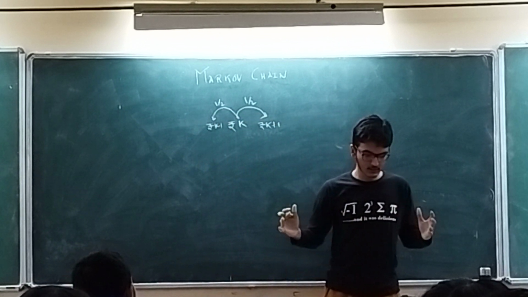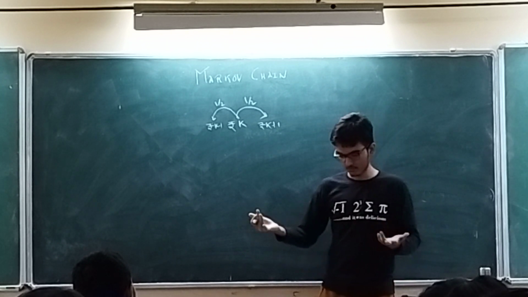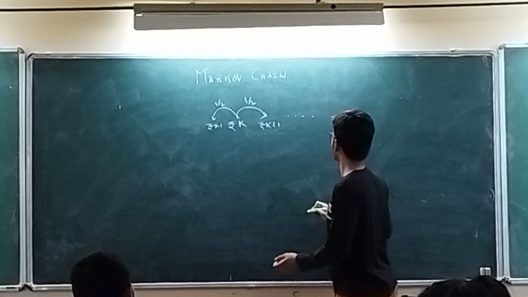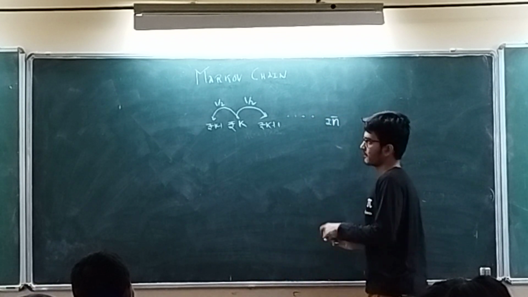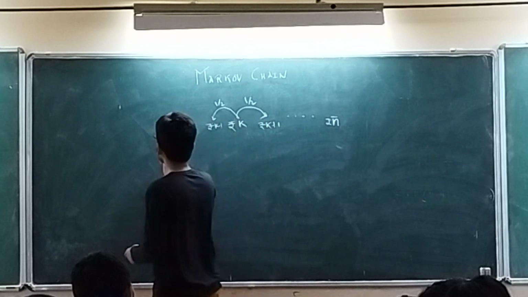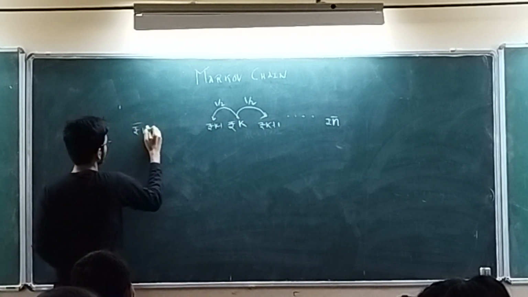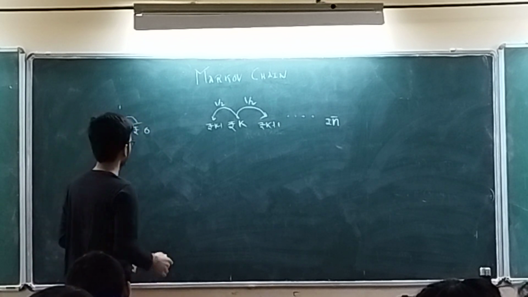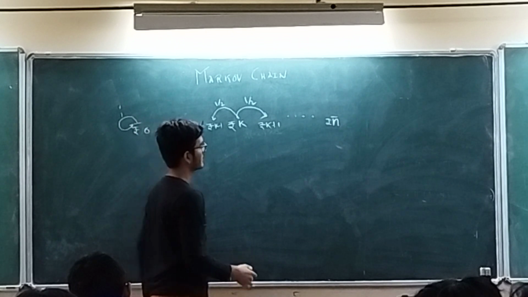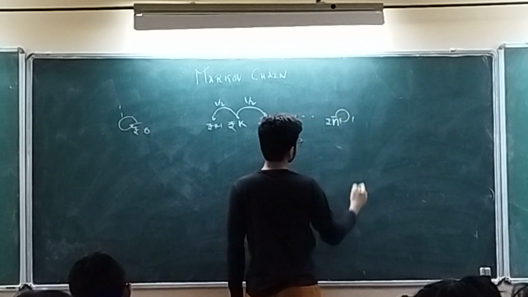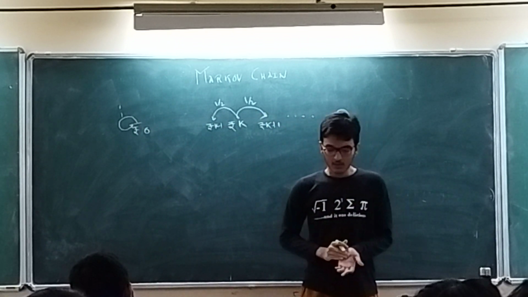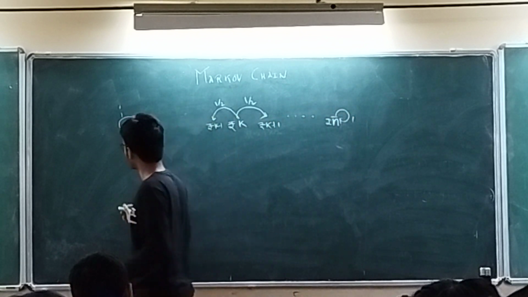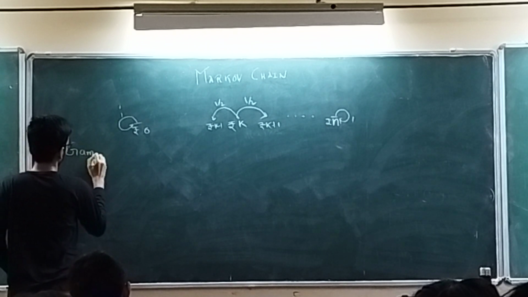And there is a finite sum of money available to the casino or whatever, and if he reaches here, then the game ends. Also, he can reach 0, that is, he will have no money to play with. In that case, he remains at 0, that is, he doesn't play again, and the game ends. So this is called the gambler's ruin problem.